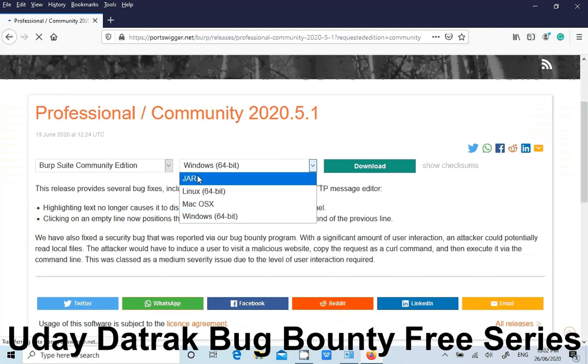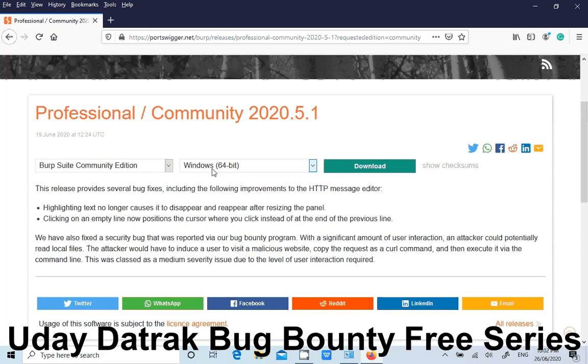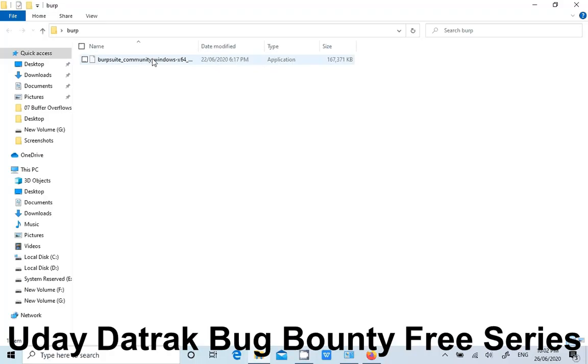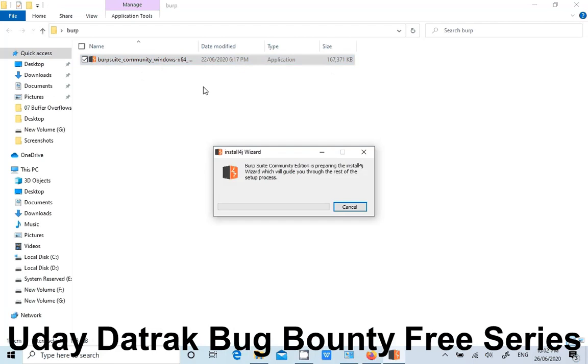In Windows you can install two ways, either by Java jar file. If you are downloading the jar file, you need to have Java installed on your machine and you need to set the environment variable. So it's a complex process, guys. So you can just download 64-bit. I have already downloaded it on my machine. So before proceeding further, while installing we can talk about the same. Yes, so now it's installing.